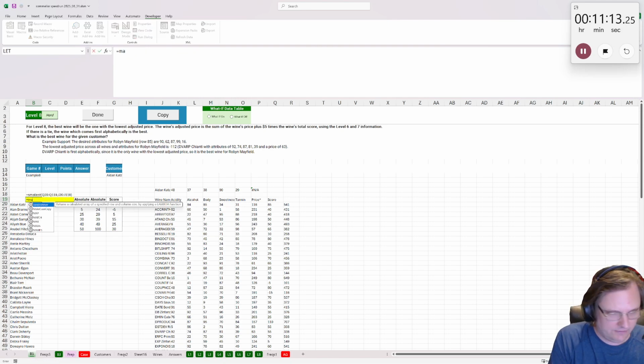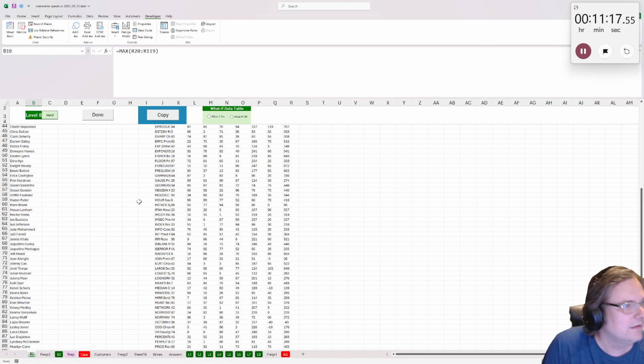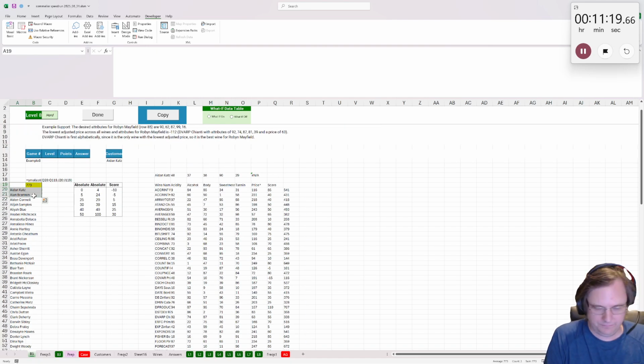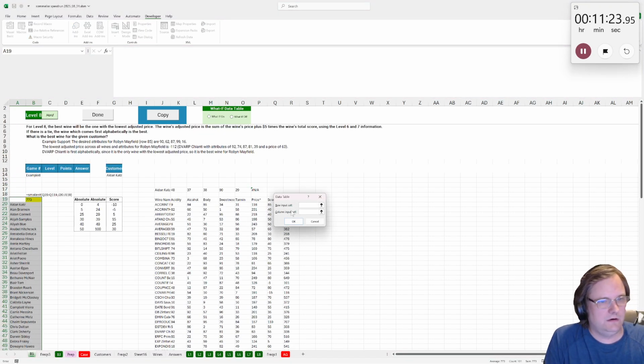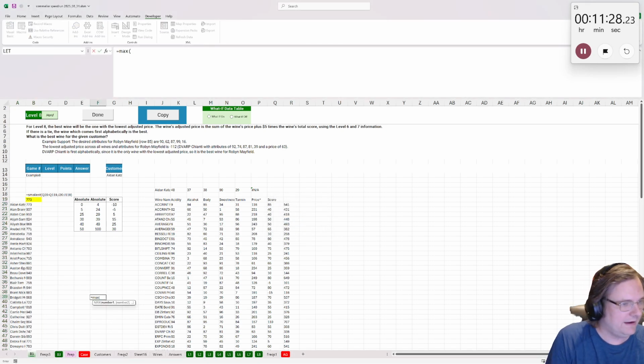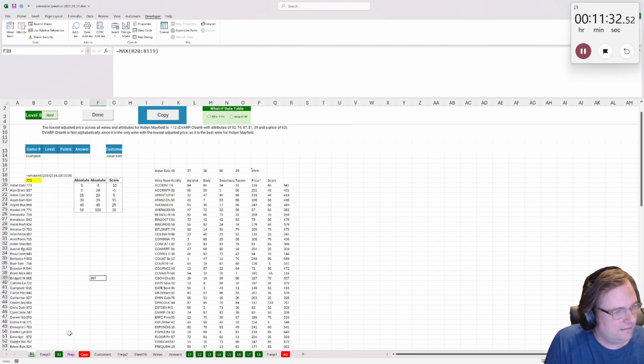And what I need now is not the best, but the worst of these, right? So the maximum. And then I do this for column input cell, right? And then the maximum of this is